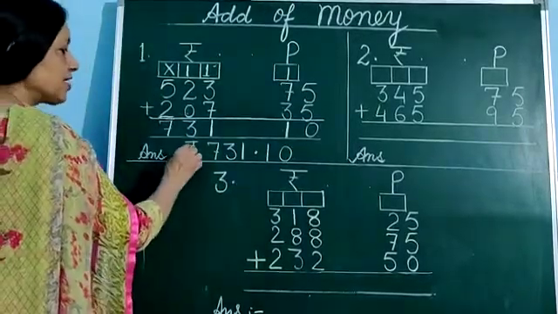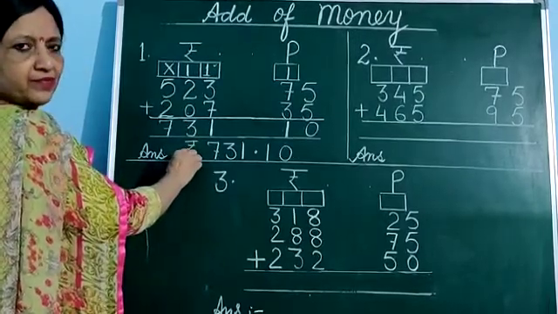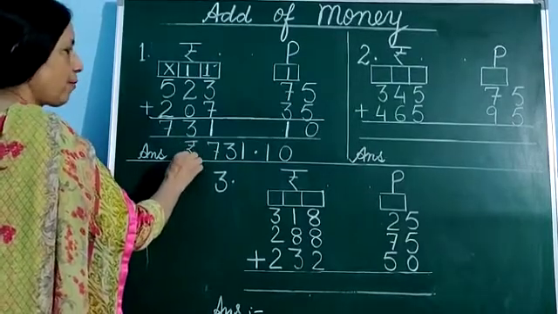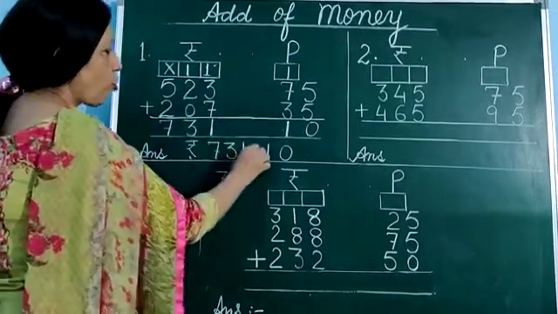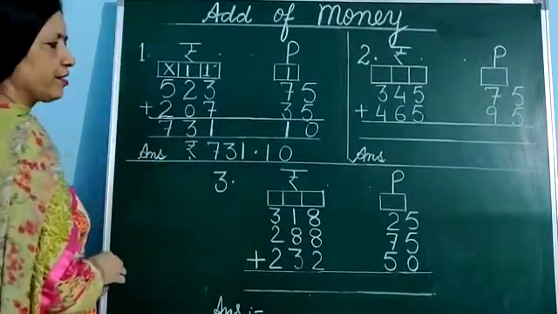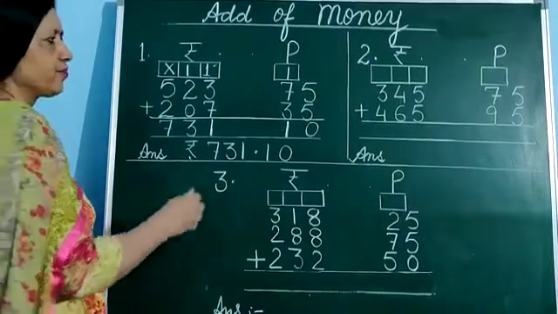Symbol of rupees always written before the number. Clear, beta? Symbol of rupee is always written before the number. And we put dot in place of paise and it is called point. Is it clear, beta? Now second sum is